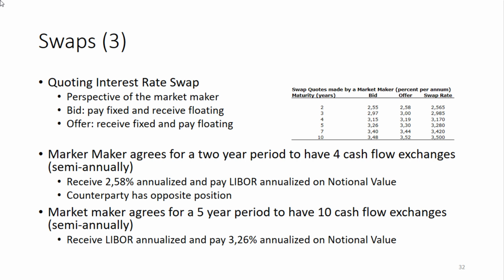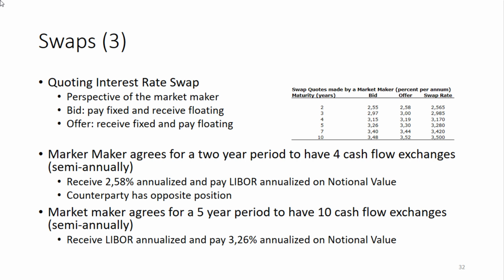And this London Interbank Offered Rate is a floating rate, which is uncertain. Every time at the beginning of a new time period, it becomes known what the value is, but you don't know what all the future LIBOR values will be when you enter into the contract. So it's a fixed rate, which is a certainty, for a LIBOR rate, which is uncertain. And the counterparty takes the opposite position.